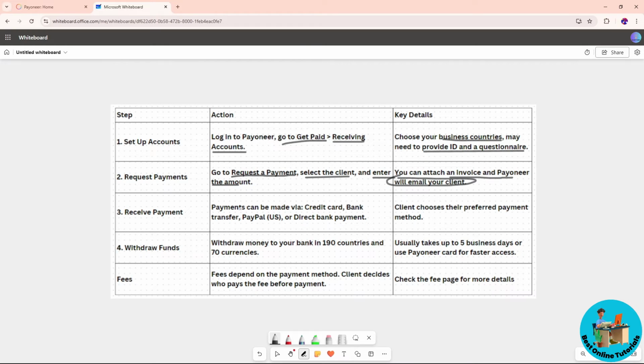And from there guys, remember that payments can be made through credit card, bank transfer, PayPal, or direct bank payment. So it will be depending on your client. And from there, it will take up to 5 business days, or you can use the Payoneer card for faster access. And if you don't know, Payoneer has 190 countries available and 70 currencies to withdraw money to your bank,